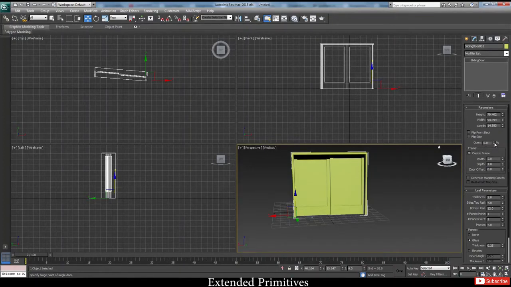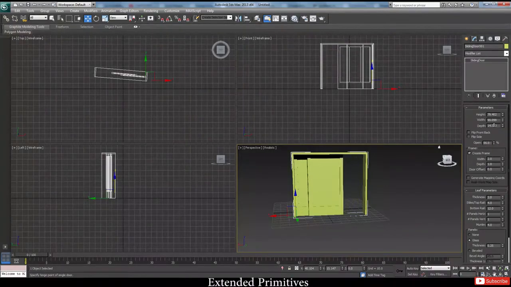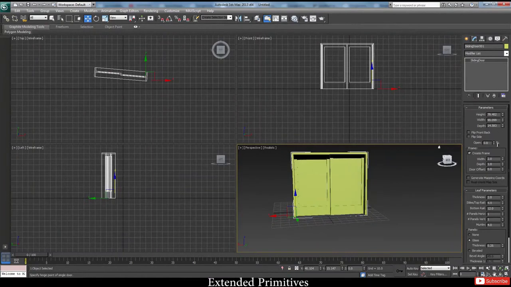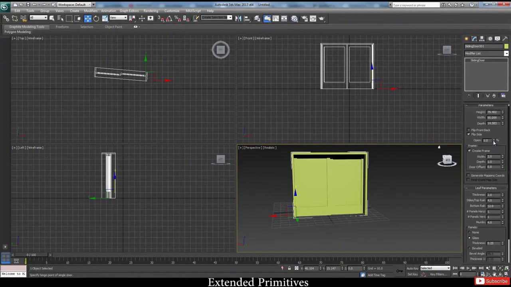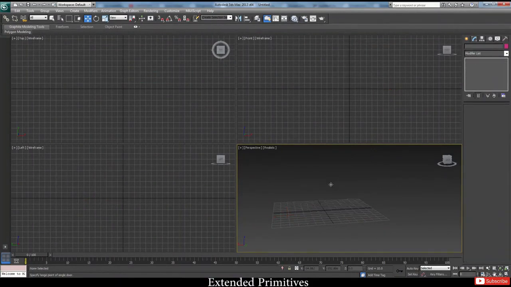We can increase this percentage to open it. Right now it's opening from the right side. Let's just flip the side and it opens from the left side. Again, the thick one is moving. If we click on flip front back, the thin one moves and the thick one stays. This is a sliding door. This way you can create all of these objects in the create panel.